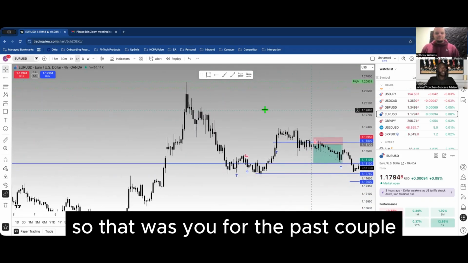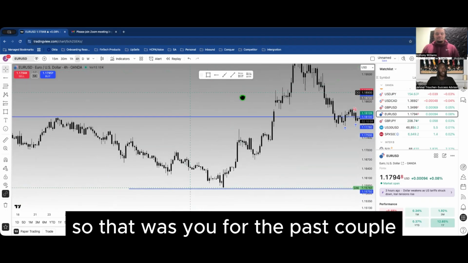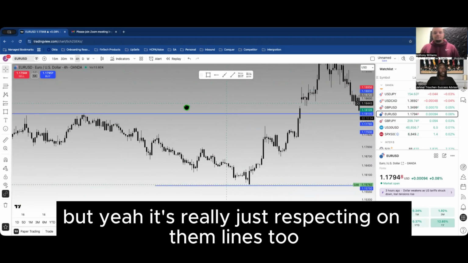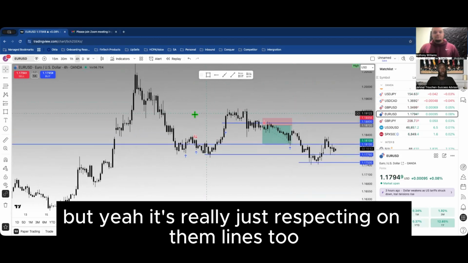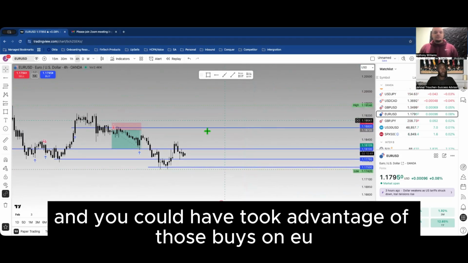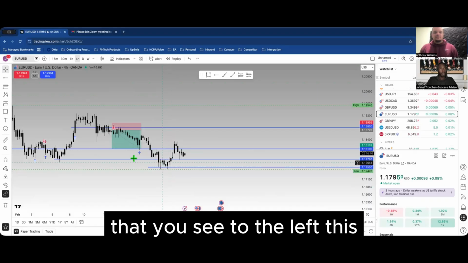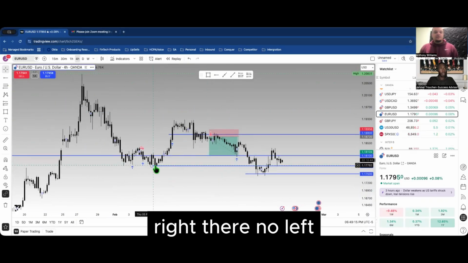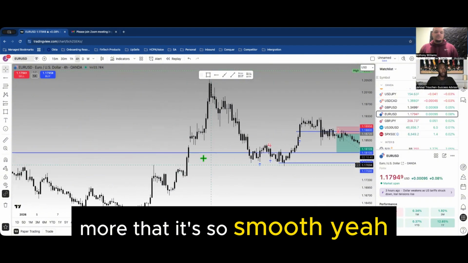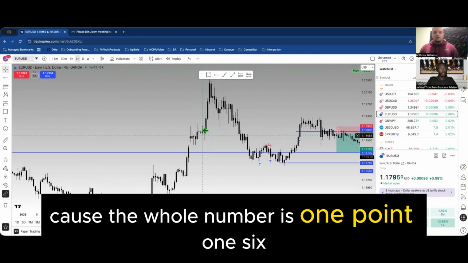So that was EU for the past couple. But yeah, just really respecting them lines too. And you could have taken advantage of those buys on EU that you see to the left, right here. No, left more. It's so smooth. Yeah, because the whole number is